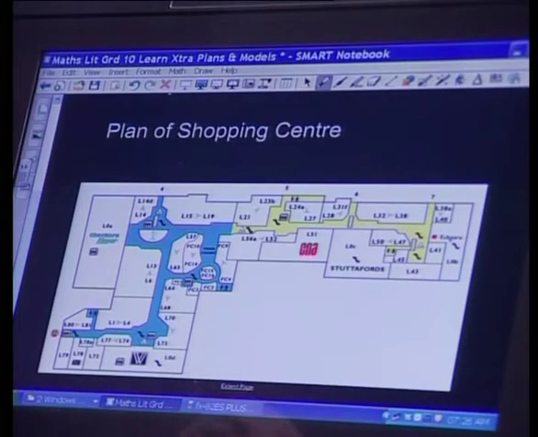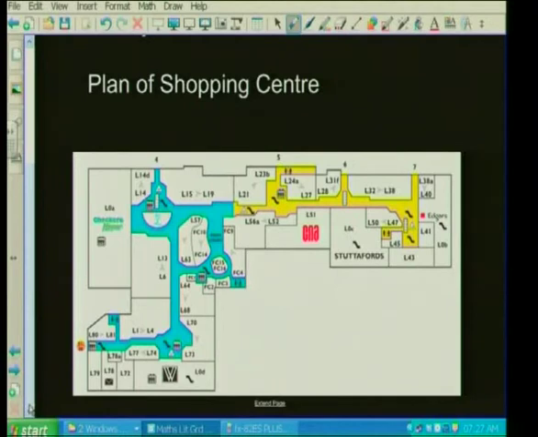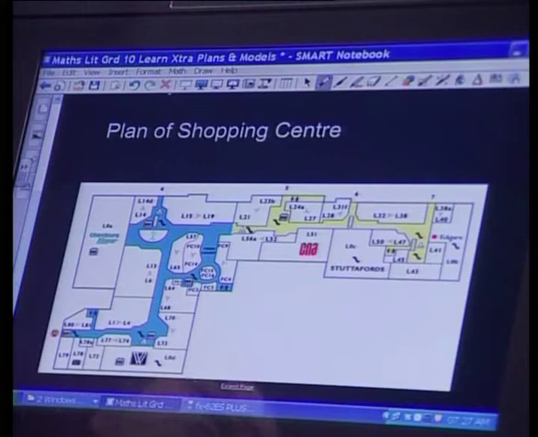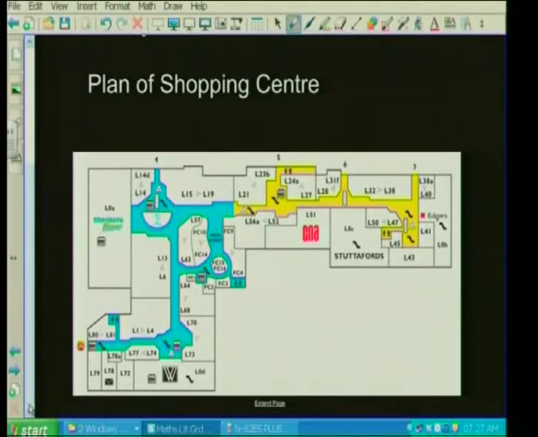So having a look at this one, I know there's a lot of detail on the screen, but you can see some familiar shops. For example, over here we have the C&A, and on this side here on our left we have Checkers Hyper. There we have a sign for a shop known as Woolworths, and right on the far right-hand side of the screen we have Edgar's. So these are some familiar shops. Other shops you can see don't have actual names here, but they do have numbers. For example, we've got over here L15 to L19, and somewhere maybe on that floor plan you would come with a list of the different shops and the numbers of those shops so you could locate the shop in the